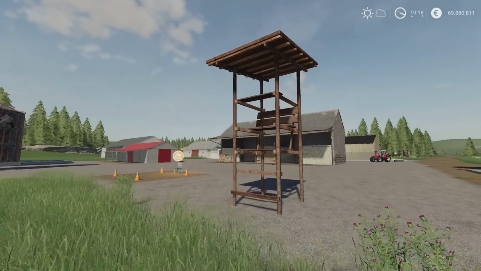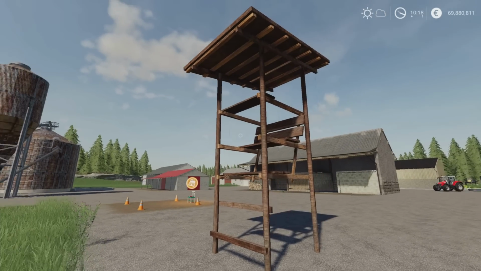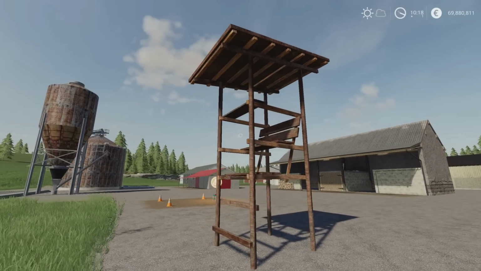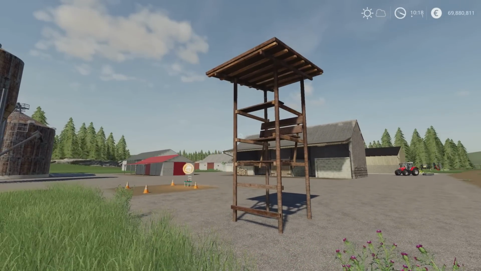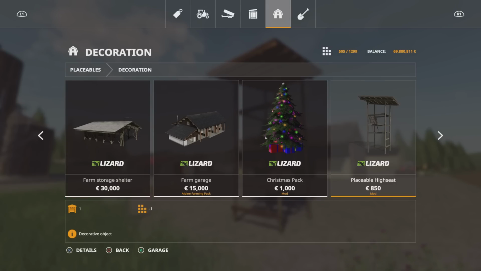And in front of me, we have got the Placeable Highseat. This is by Lolsu Modding. It's 1.11 megabyte download, 2 slots on console. It's a decorative object, kind of like a stand hide type thing, or just for bird watching, or a very rustic tennis umpire, something along those lines. Under Placeables and decoration, 850 to buy,